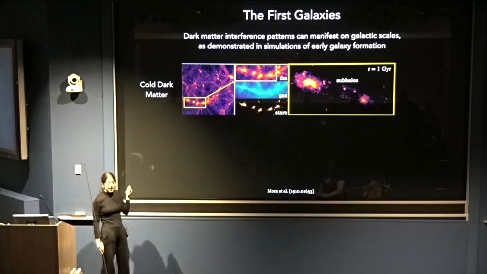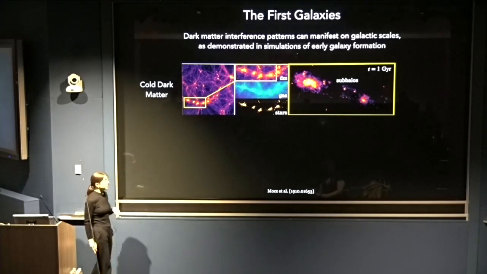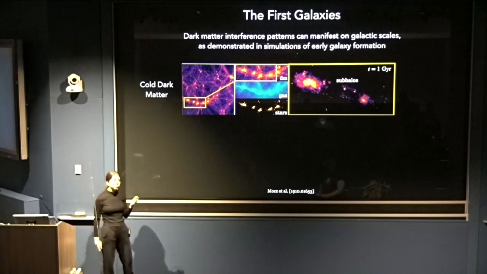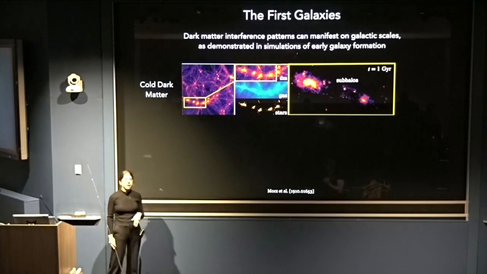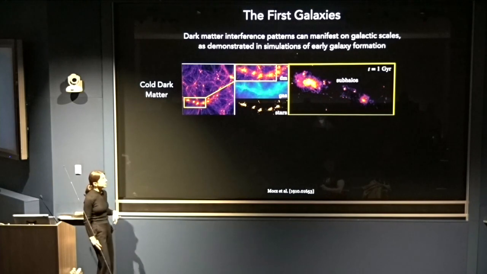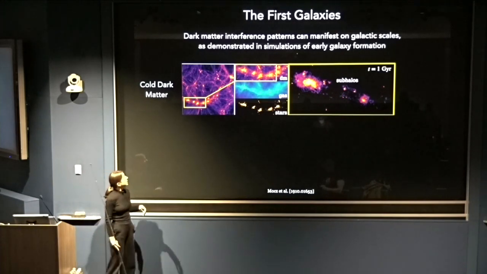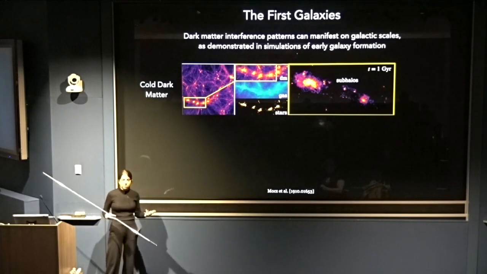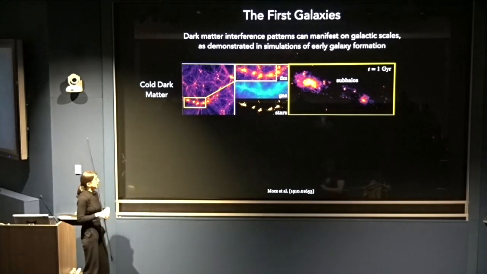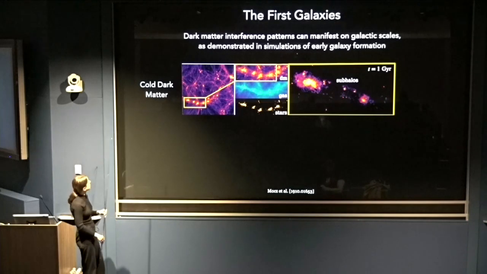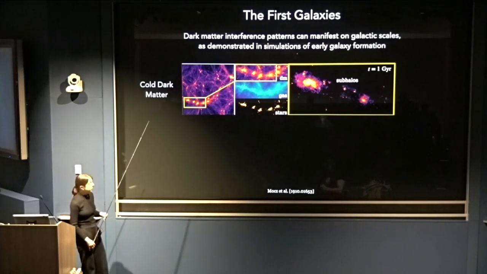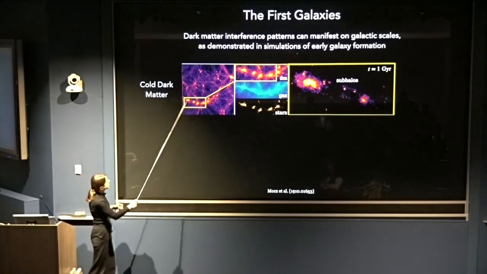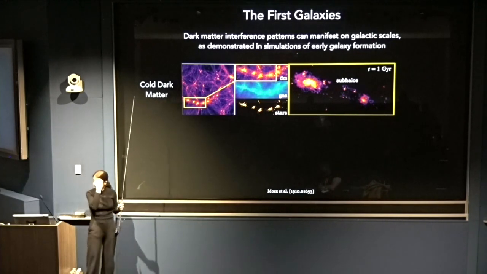So in precisely that regime where you have these incredibly large wavelengths for your dark matter, it can lead to really beautiful signatures on the size of galaxies. All the wave phenomena that we're used to thinking about, like interference effects, constructive interference, destructive interference, all of that's going to end up playing out as galaxies form and evolve and the universe continues changing with time. And to highlight that, I'm going to show you some images from simulation. I'm going to start with a case that's not wave-like, and then as a counterpoint, show you the wave-like scenario.